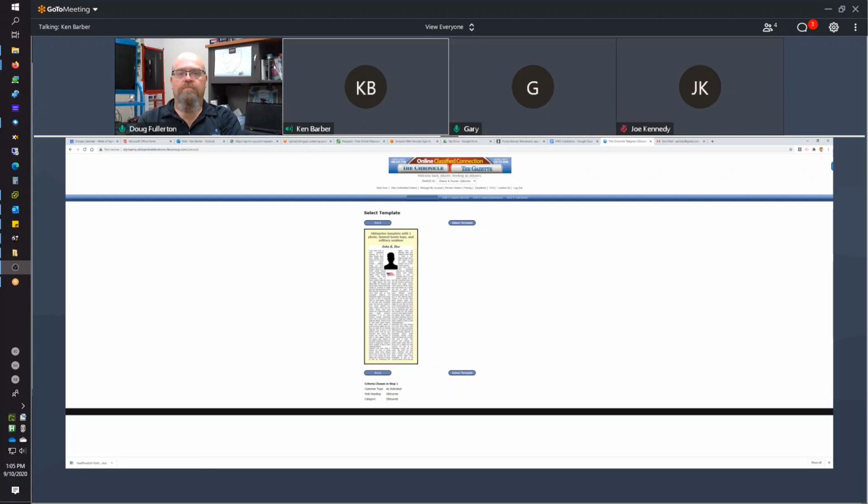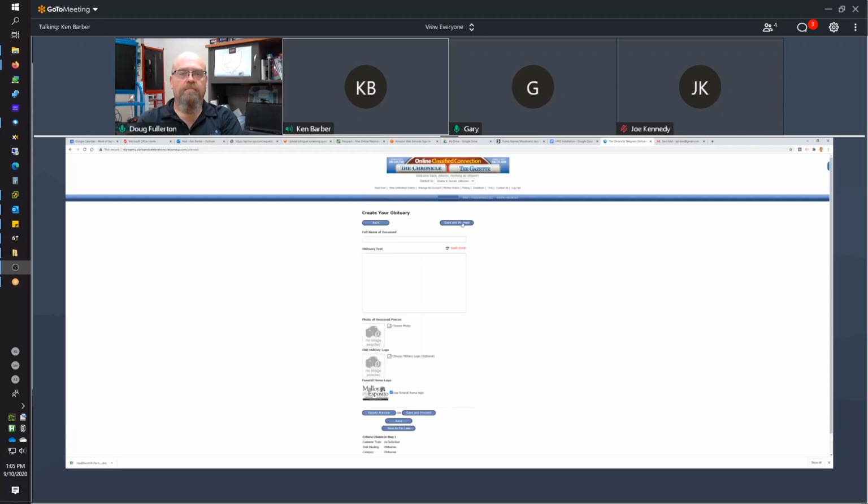So essentially pick the template and then type in, and this form can be set up any way you want. I'm going to quickly go off and